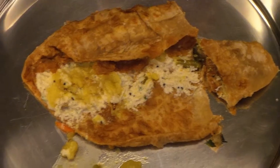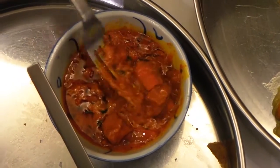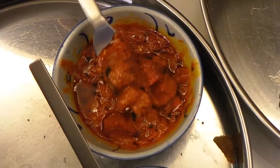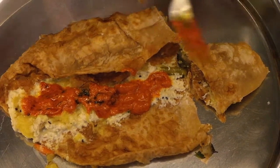This is butter paneer masala. It has cottage cheese in it. It can be vegan, and it has a special sauce, and it should be red, not very spicy. I like to put a little bit of that inside. It's not necessary, but it adds a little flavor. Okay, then you can close it up again,